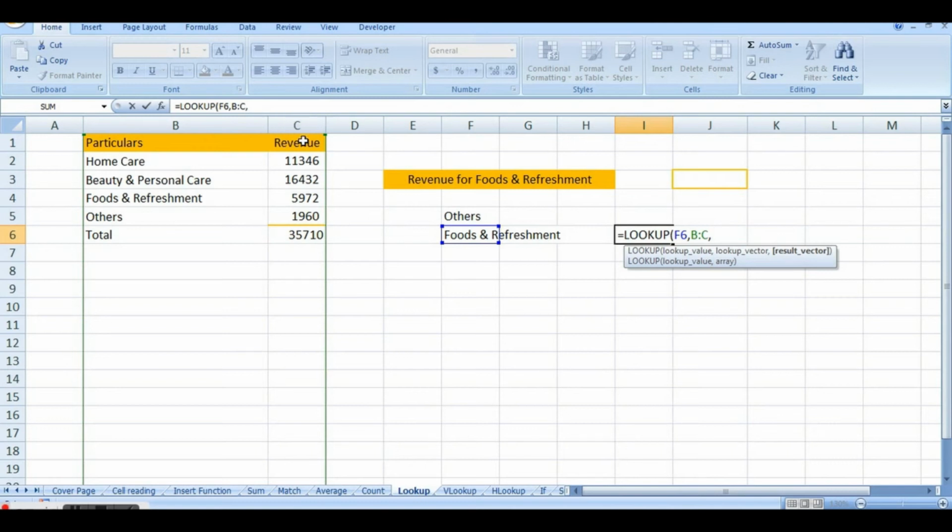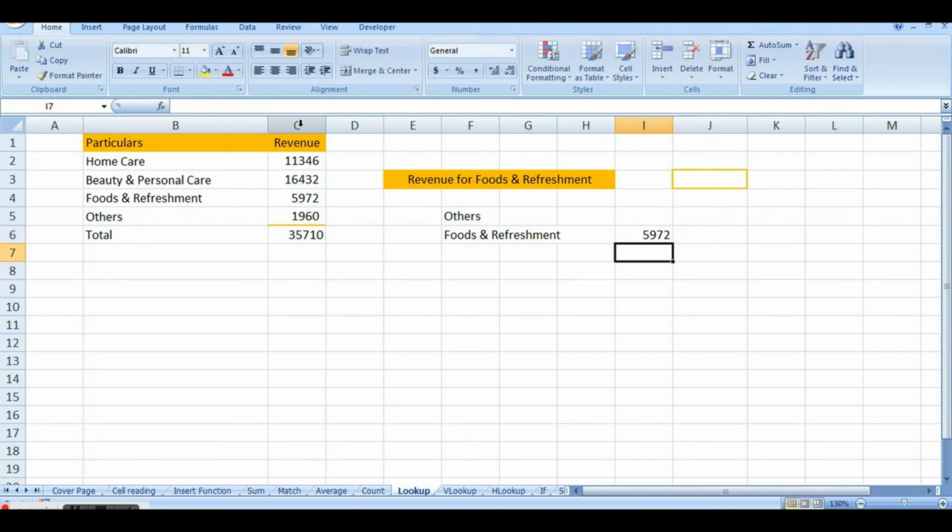Result vector, this. I want to find the revenue amount, so I'll select this and close the bracket. It gives me the exact value for foods and refreshment that appears in some other table. I can do it for others as well if I simply use a similar kind of formula.